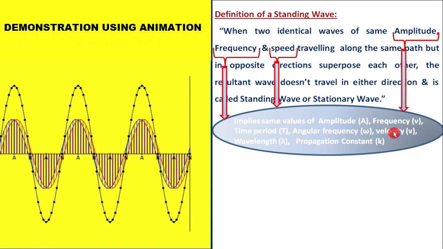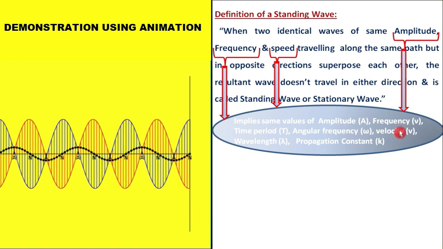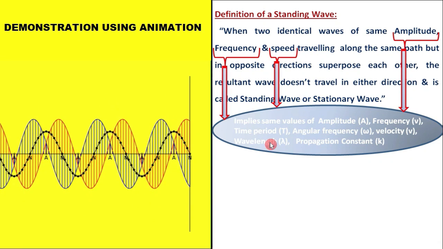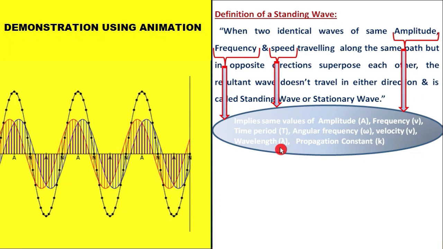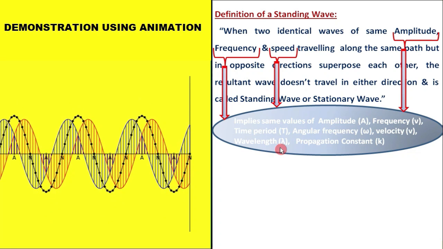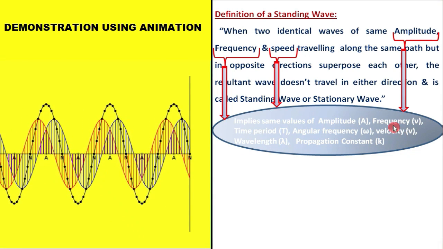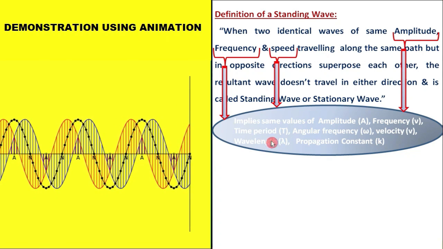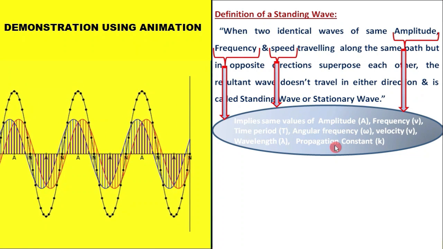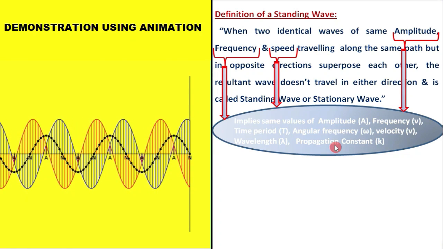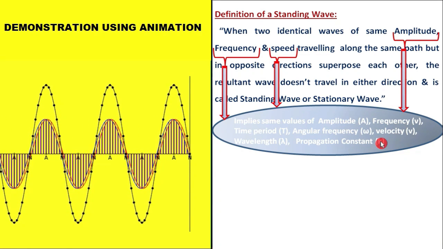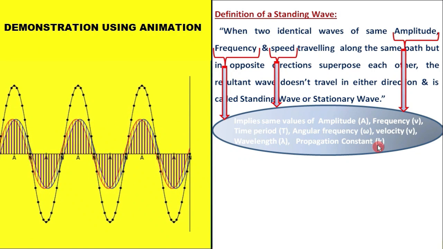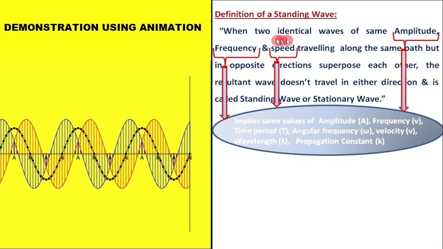Now if speed is constant and frequency is constant, obviously the wavelength is going to be a constant. It is going to be the same, because we know wavelength lambda will be equal to v by nu. So v is the same, nu is the same, or they are constant, then obviously this wavelength is going to be constant. Now propagation constant or k, that is defined as 2 pi by lambda. So if k is 2 pi by lambda and lambda is constant, then obviously k is also a constant. That is why they are actually known as identical waves.